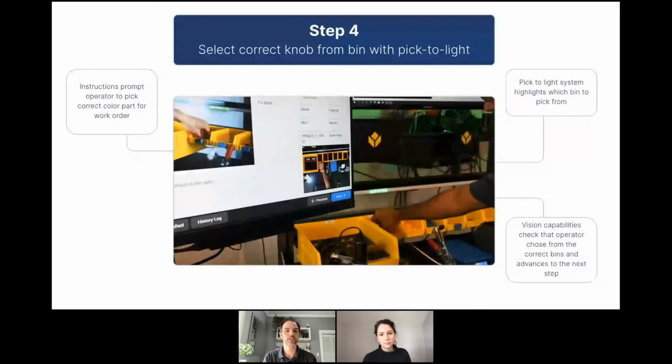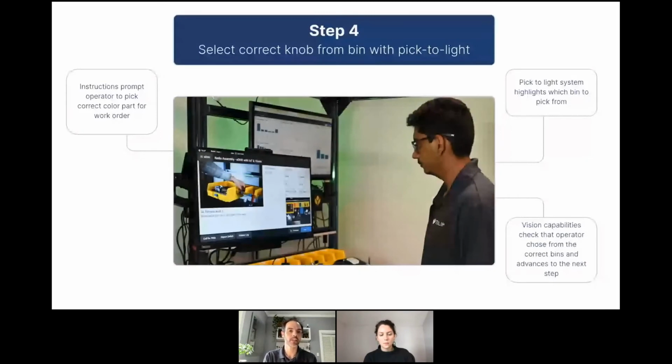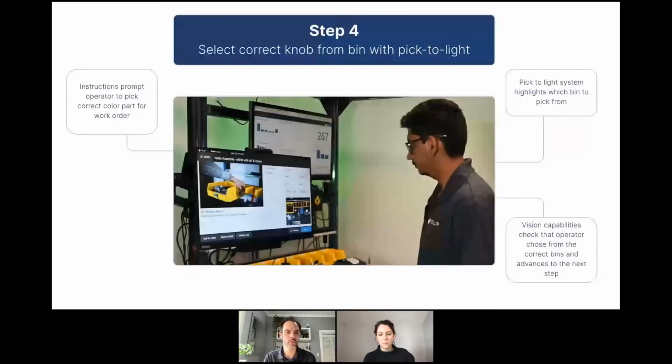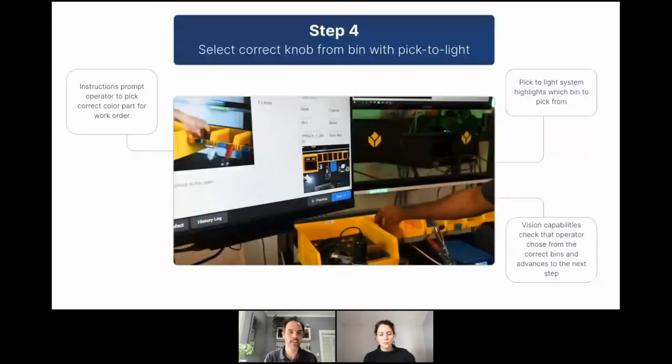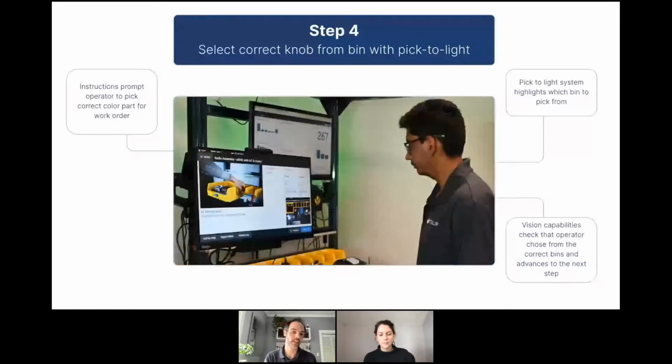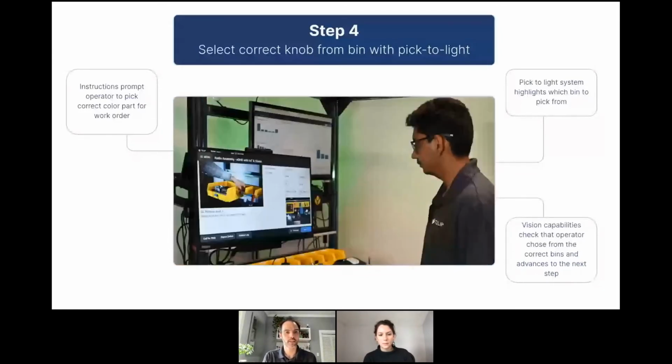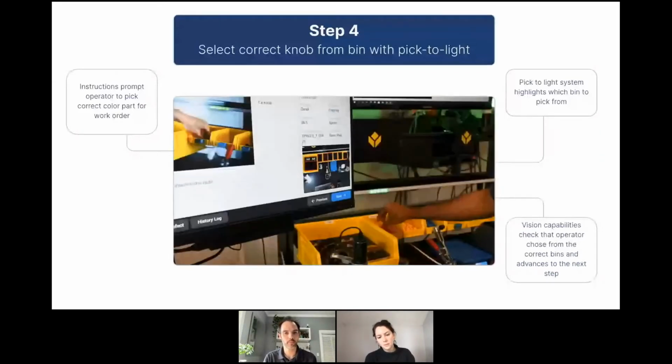Here, the work instructions are asking the operator to pick a knob for the radio that we're building. This information is once again based on the job that we selected. Here we want to build a knob with a red color, so the operator is asked to pick from the bin based on the job. You can see the work instruction that's telling what to do, and then we have a pick-to-light system in the back. You can see that green light telling the operator to reach out right there and pick that